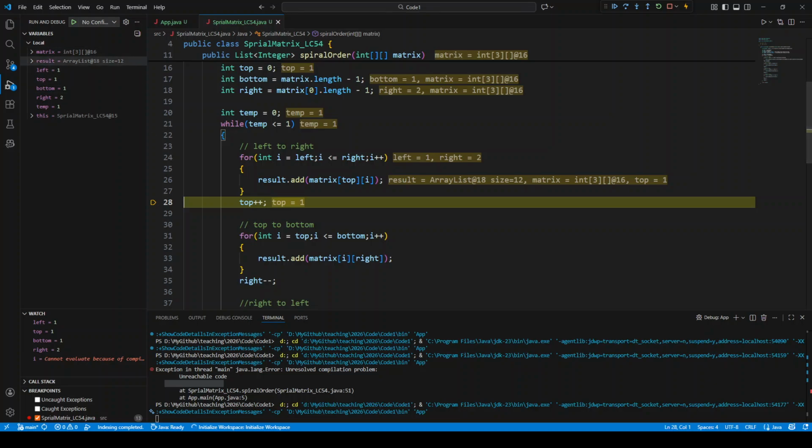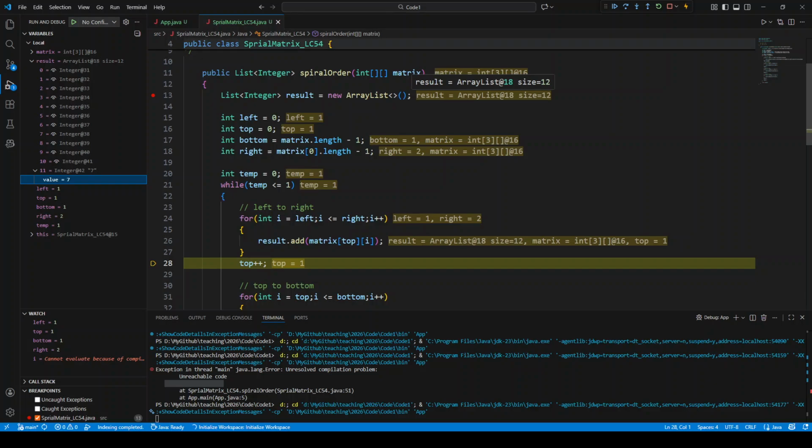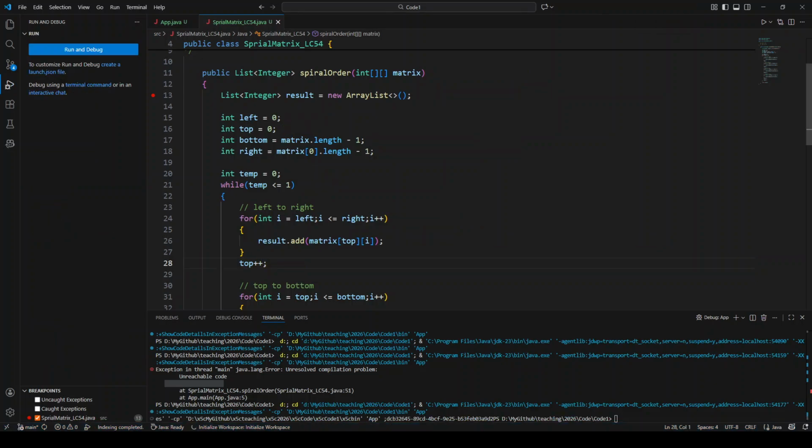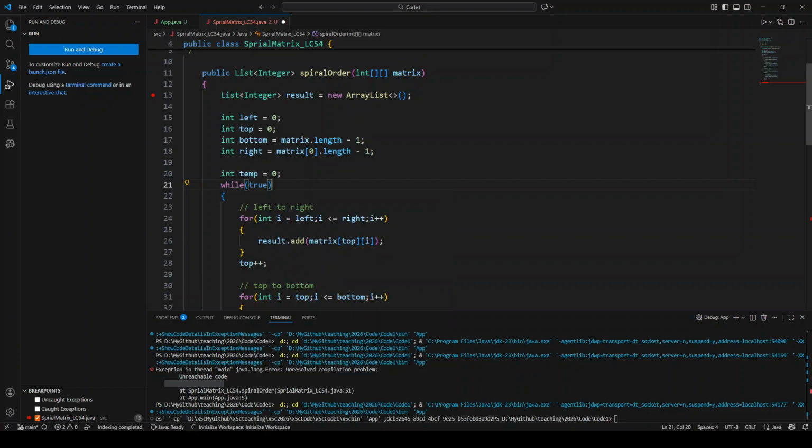At this time, my whole spiral matrix is printed. You see, from 0 to 11, there are 12 values, and the last value is 7. So now here, I need to break my loop. That's where I am done. So what should we do? There are many ways. Everyone will create their own logic. Let's see, I will say while true, but